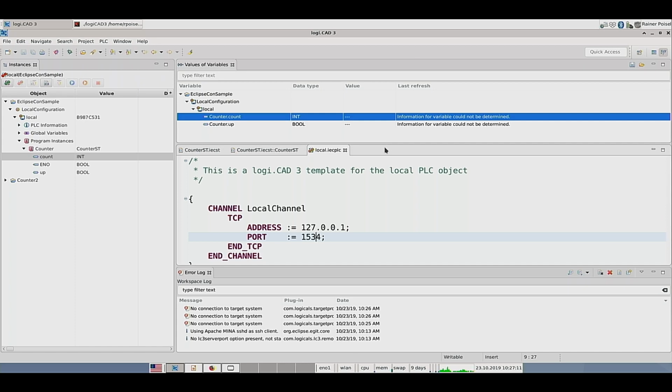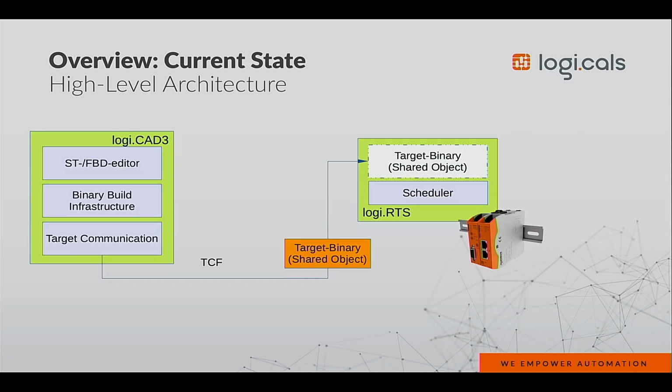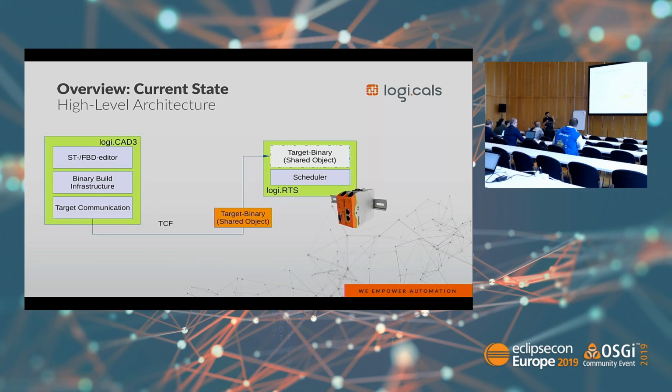I will talk about the actual architecture of Logic 3. Logic 3 consists of the editors for the languages, structured text and function block diagram. Aside from that, there's also the binary build infrastructure, which is used to compile what's being edited before. So between the ST and FBD editors and the binary build infrastructure,